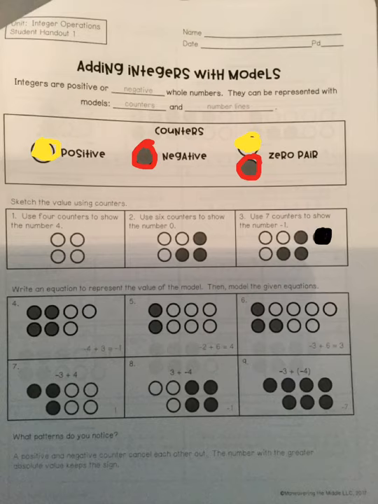Write an equation to represent the value of this model, then model the given equation. So they have a model. It's got 1, 2, 3, 4 negatives, and it has 1, 2, 3 positives. So -4 plus 3 equals -1. So basically, what you're looking at is something like this. So I have -4